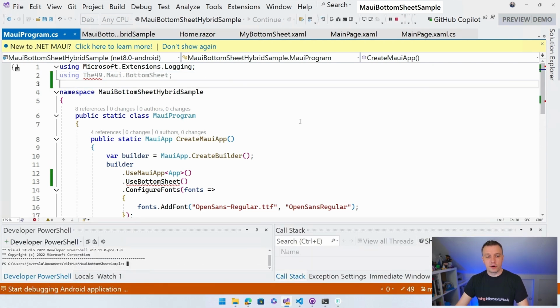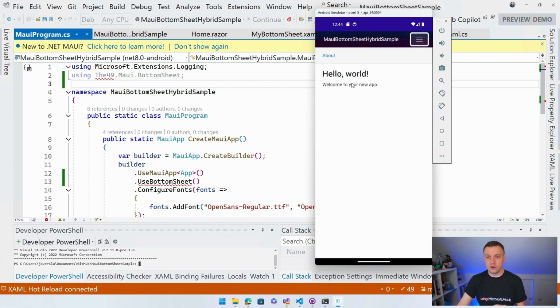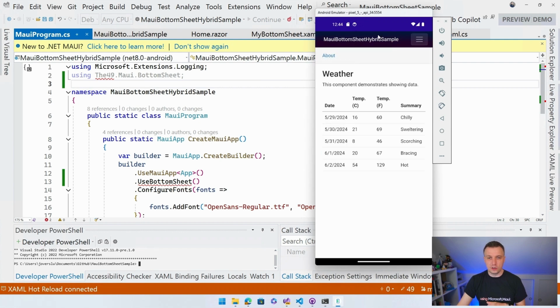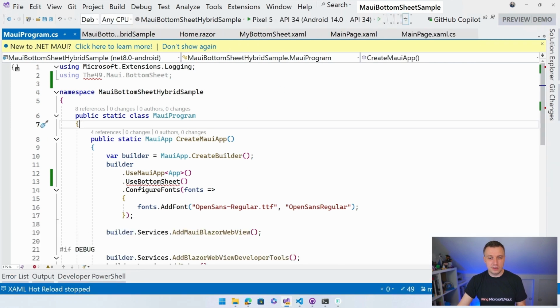So now the debugger is coming up here and you can see the default. Yep, there we go. The default Blazor application right here, counter. You can do all of this. Actually, this is where I'll hook up my little bottom sheet right here and we can get the weather, right? So we got all that. Okay, you've seen that. This is the default template. Let's just stop and let's see if we can get this to work.